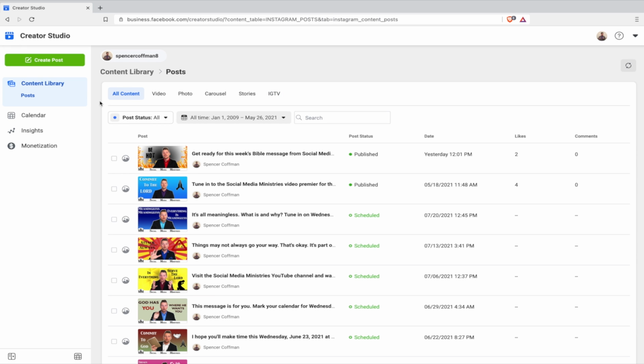So I really hope that this method has helped you out. Once again, it's Creator Studio. There'll be a link in the description below. You sign in with Instagram, and here is your Instagram account. Now, if you do sign in with Facebook, you'll just get an option up above to switch to Instagram. You can still do it that way if you like. So no matter what you do, you can get into your Instagram content and one by one select multiple posts to delete them. So it's a great time saver.